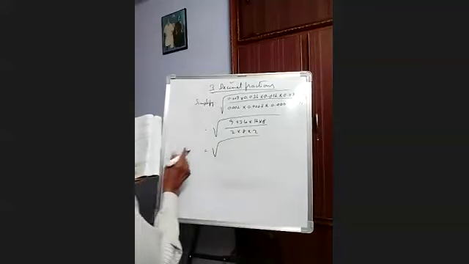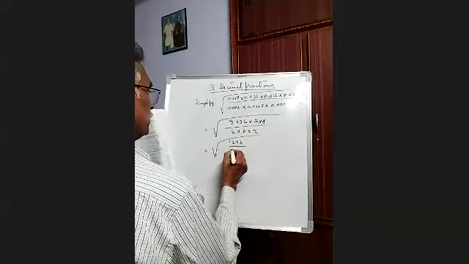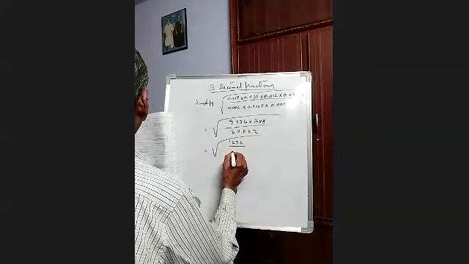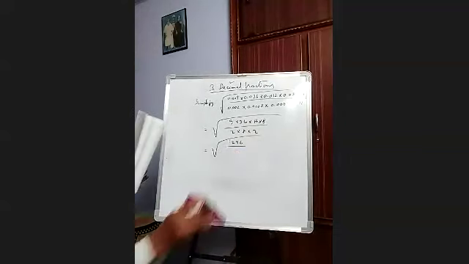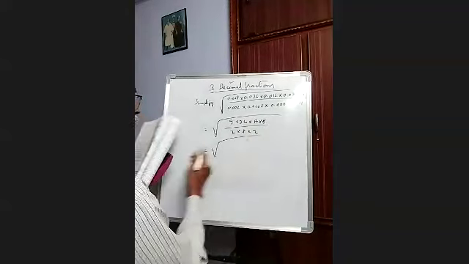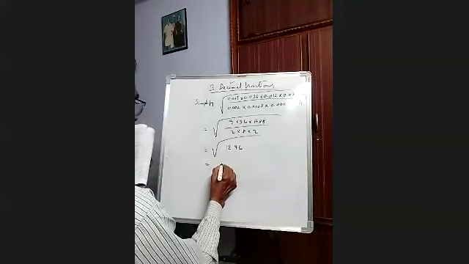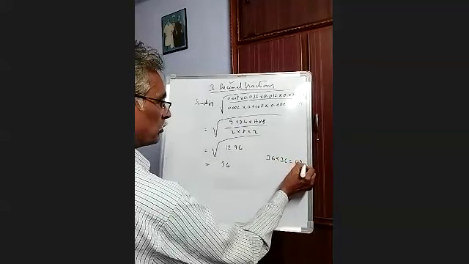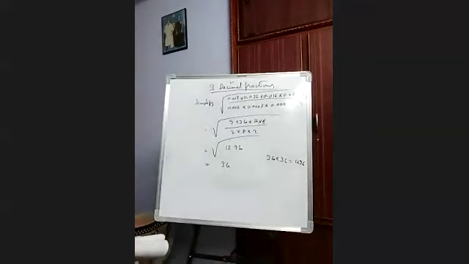Square root of the total will be the multiplication. After dividing, you will get only the root of 1296. Root of 1296 will be 36 only. 36 into 36 is equal to 1296. You have to remember some squares. For 36, of course, we may not remember. But for getting the square root of 1296,